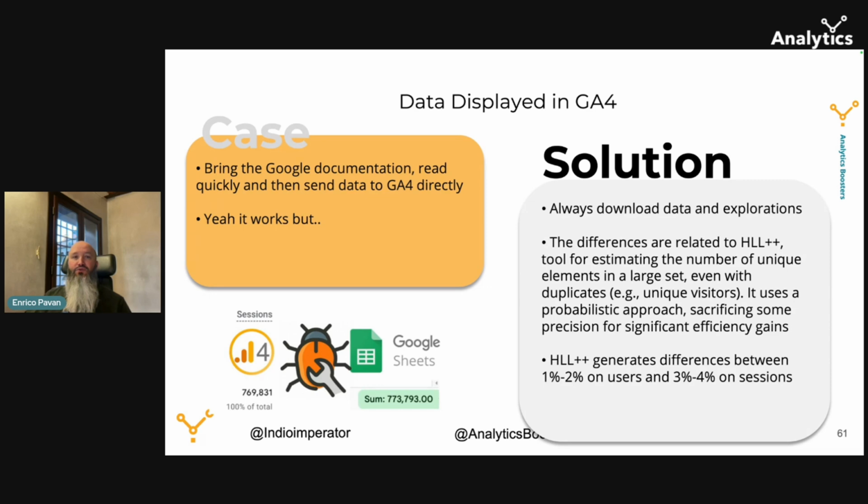It's something related to a probabilistic approach, and we are going to sacrifice some precision for significant efficiency. Remember that when we talk about hyperlog++, we generate a difference between 1-2% on users and 3-4% on session, and the highest difference is based from what we see reported inside GA4 and what we got inside Google BigQuery.